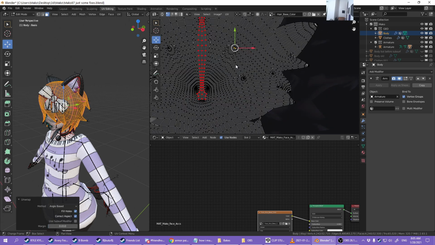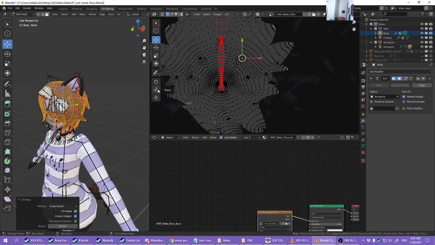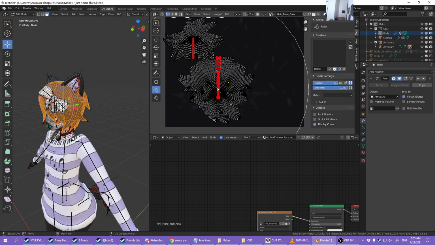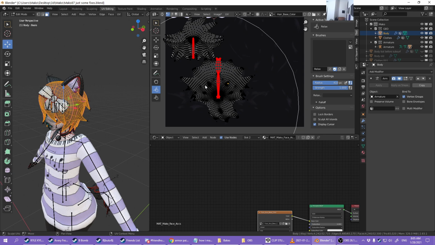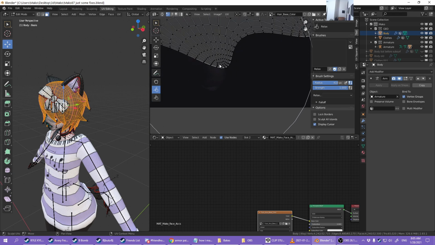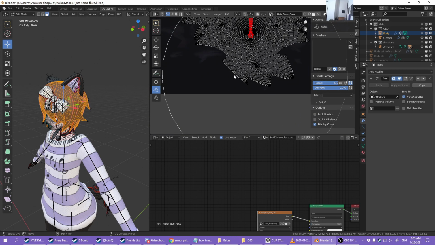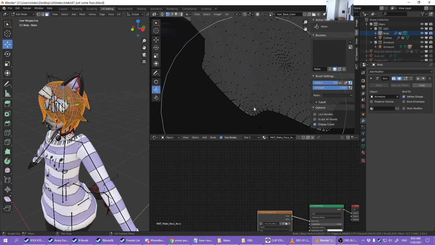Yeah, it ended up looking a lot different. This is where I use the Relax tool to make things a bit more reasonable. I believe I actually just went over the whole thing, because there were spots that were overlapping each other. You see that right there? That's what the Relax tool's for. Just chill out a little bit.